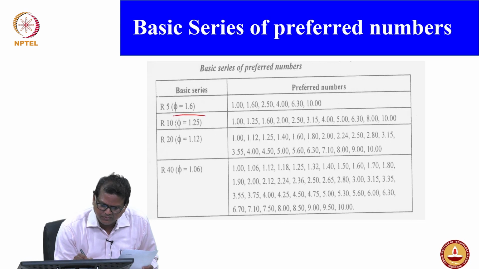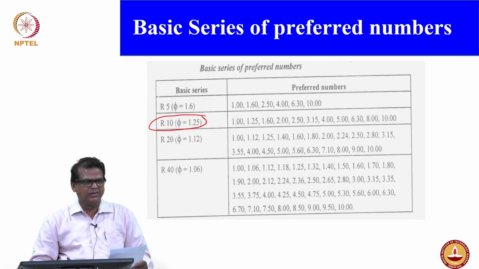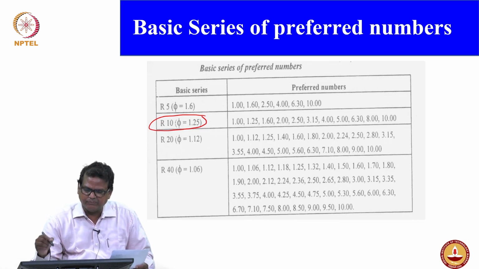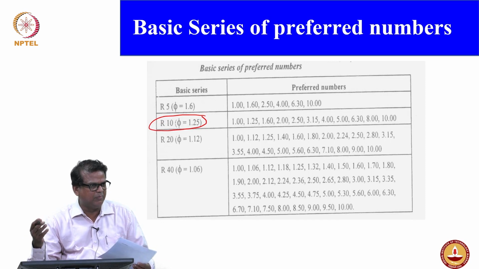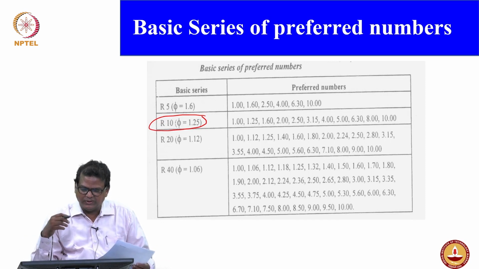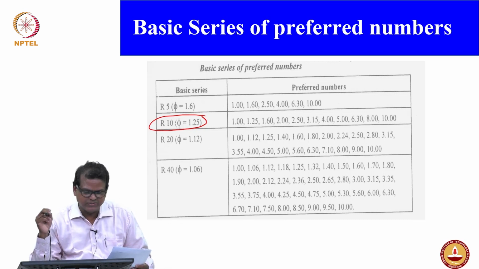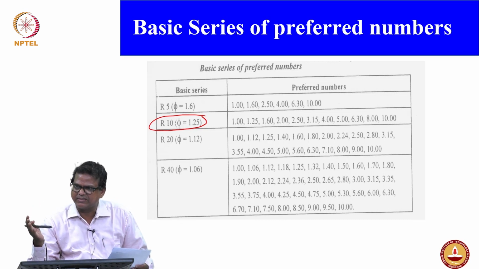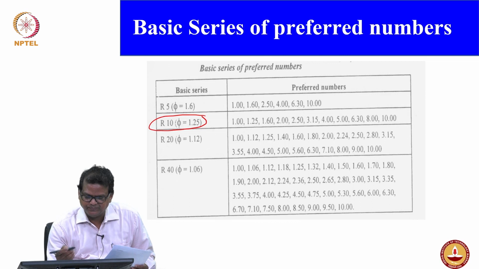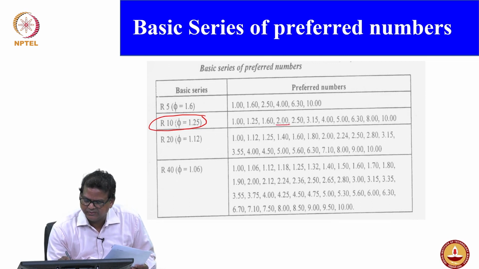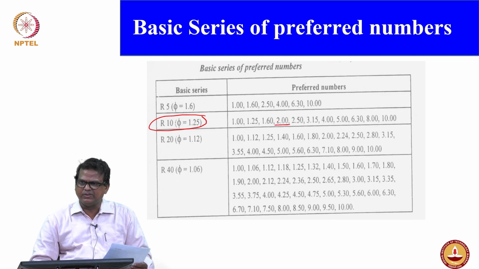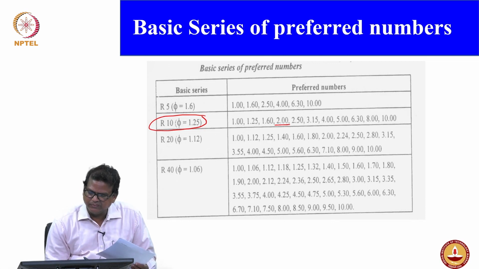Then how are we going to use this to select the speeds? There are two ways you can approach: either using this preferred number table, or the other formula you have. I'll explain what that is. So how are we going to start? What is the minimum speed we have here? 20 rpm is the minimum speed and 400 is the maximum speed. Can we say it's matching exactly? If you multiply 2 by 10, it will be 20. Then we can say 25,